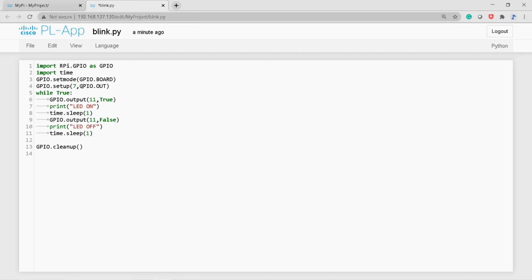So GPIO.OUT, and while True, this is going to iterate infinite number of times. So GPIO.output of, I'm just sending a signal now. Here 7 is my pin number. True means the pin goes up, it will give the power. And for my notification, I am printing the statement LED on in this terminal window, and that LED will be on for 1 second. And GPIO.output of 7 comma False, which means the 7th pin goes down, which means the power will cut off. So LED off, and that for 1 second.